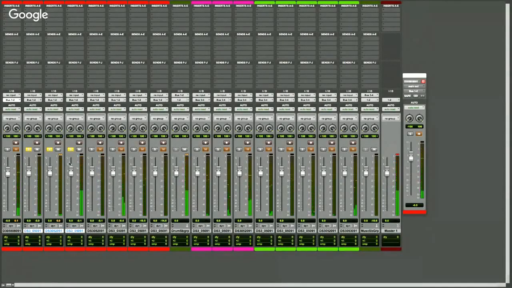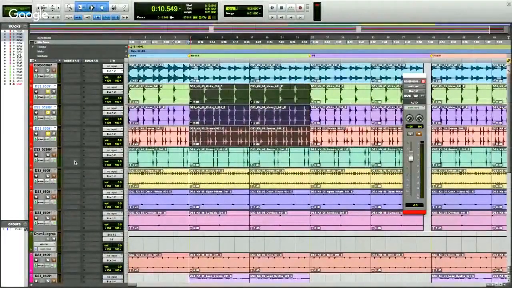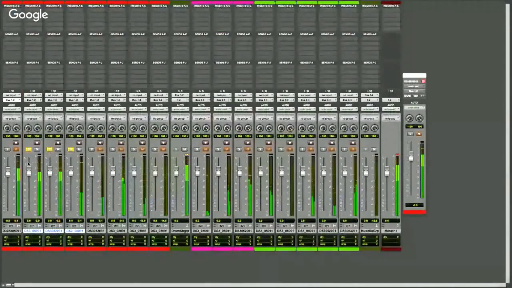So we want to get these out of clipping world, or they're not clipping, but we want to get those away. That way we can put some compressors on them and really get some more pump out of them, some RMS. So let's just do this. Let's just take this down, let's just say 5, almost like 5.5. So now we've got a little bit of room to play with. Not much, but